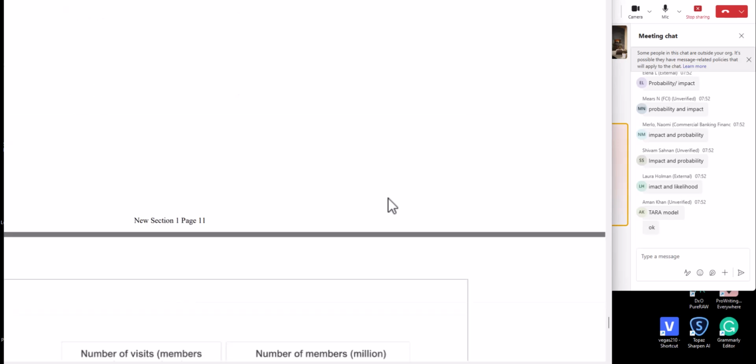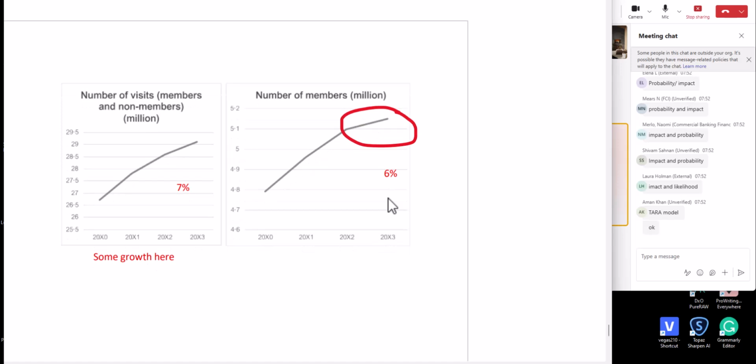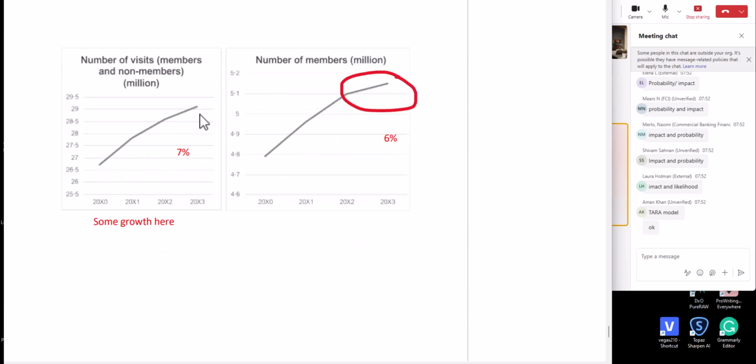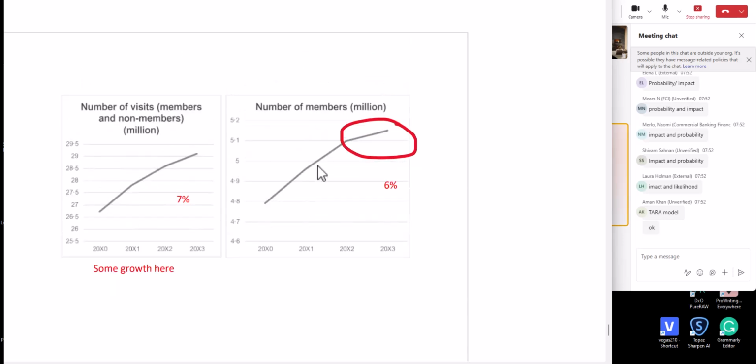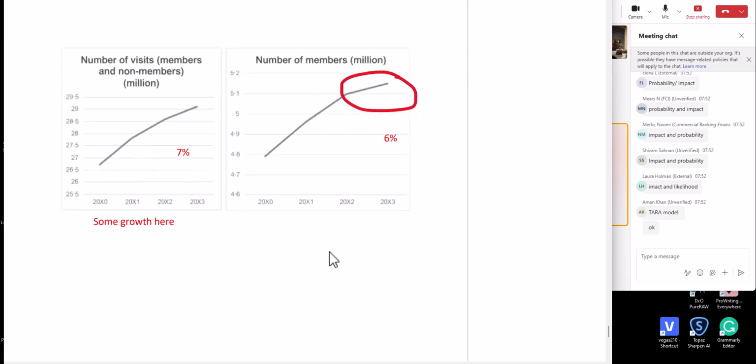There's one more page, I think. Yeah. So we've got some growth for the visitors. Some of these might not be revenue generating because the members have paid the membership fee, but members are growing. But you see that the trend is falling off a little bit, and the recession might lead to go down. So maybe again, what don't we know, right? We don't know who those members are. We don't know the demographic of those members, right? They could be relatively older members, right? But we don't know what the demographic is.